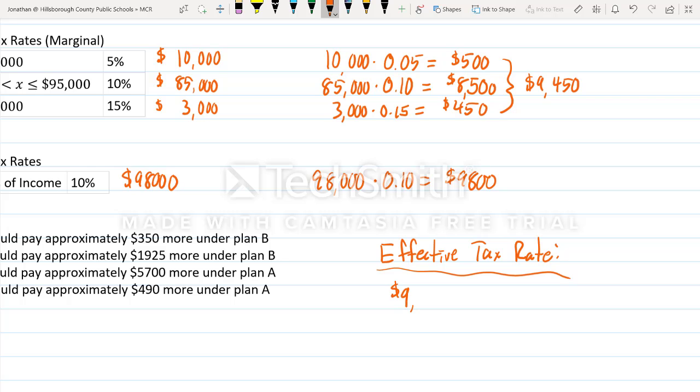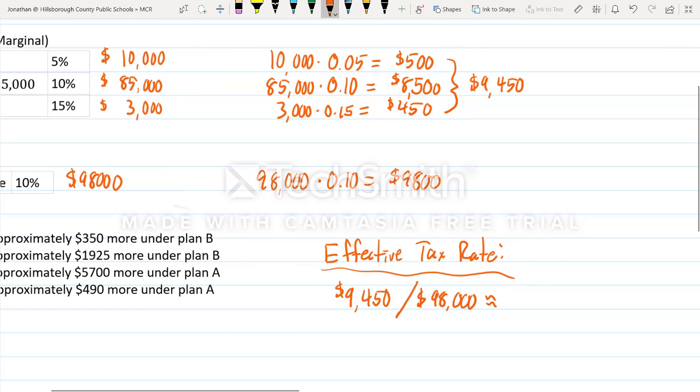Take his total taxes, divide it by his gross income, and we get, we'll use the approximation symbol, 9,450 divided by $98,000. We get a decimal that's 0.0964... And if we convert that to a percentage, we have about